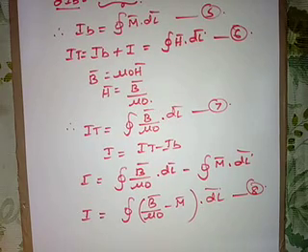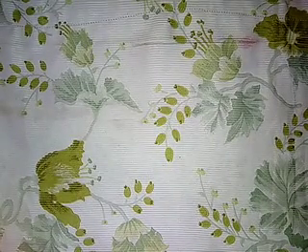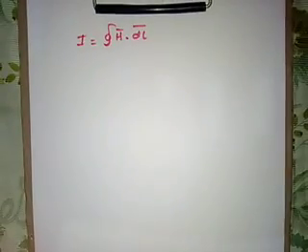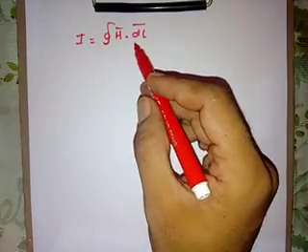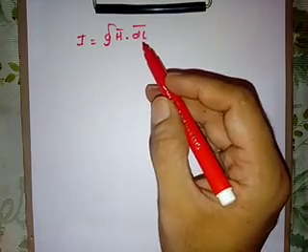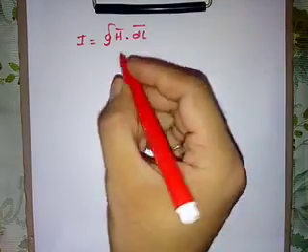This equation, let us compare with the expression of Ampere's circuital law. The equation of Ampere's circuital law is I is equal to closed line integral H bar dot dl bar. If we compare I is equal to closed line integral of B bar upon mu naught minus M bar dot dl bar with I is equal to closed line integral H bar dot dl bar, what we get on comparison is H bar is equal to